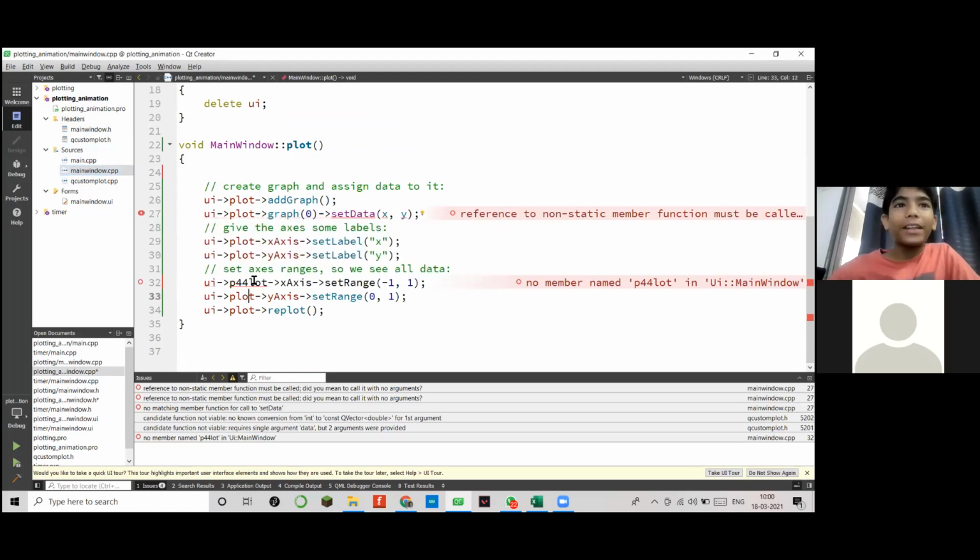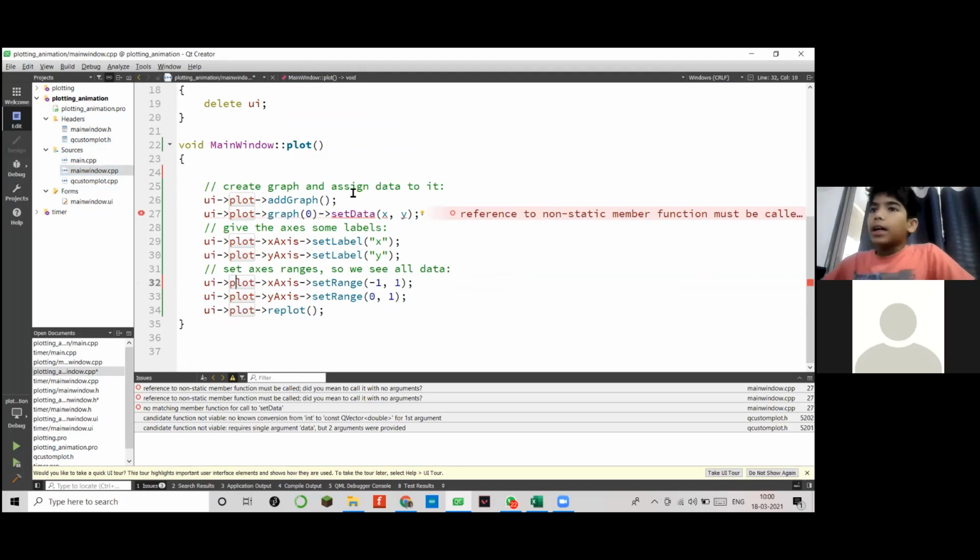Yeah, so sir, what I'm doing here is that I have created the plot. Now I'll have one value, and every time the timer runs, that value will keep updating.